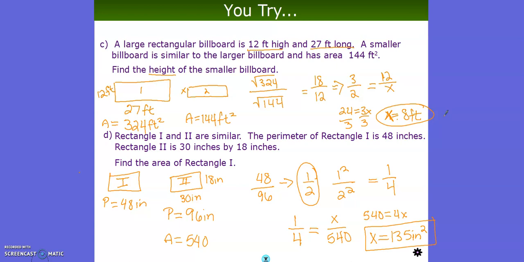For the second one, very similar. I found the perimeter of rectangle 2 to be 96. I found its area to be 540. I use the ratio of the perimeters